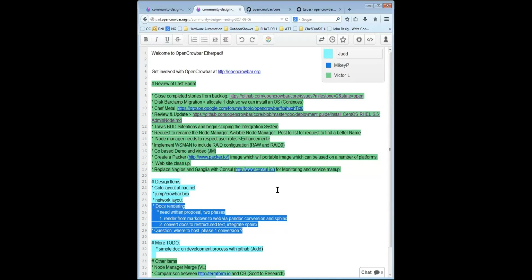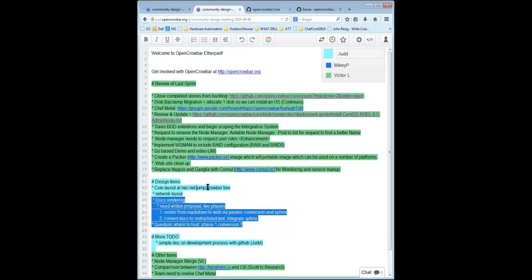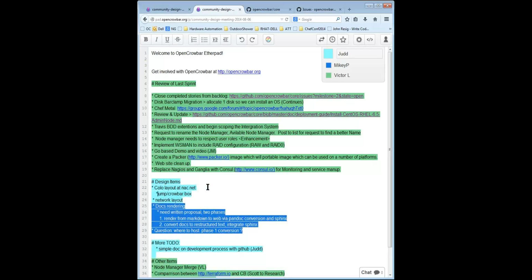Now, I actually wanted to talk a little bit about the docs plan for how I want to render the docs. I do need to come up with a written proposal, but that's kind of where I want it to go. So I just dropped that under design items. I don't want to jump there now unless you want to. Since it's a designy sort of topic, I'd say, yeah, let's go for it. Unless there's anything in here that folks want to review.